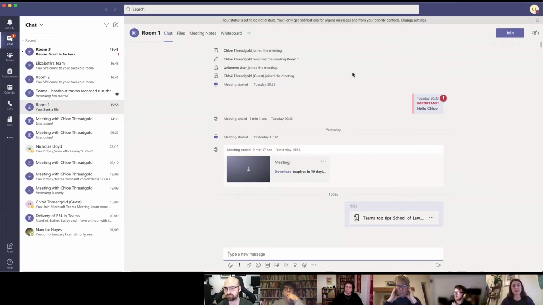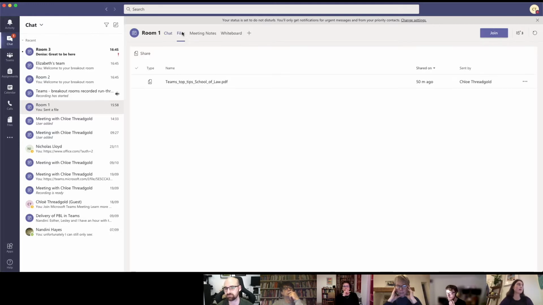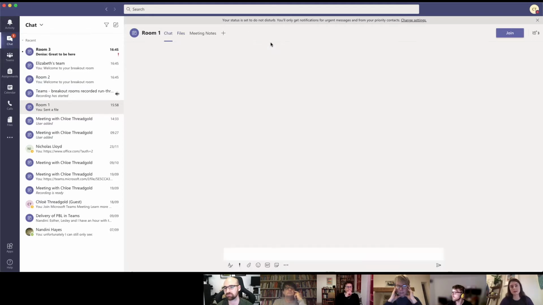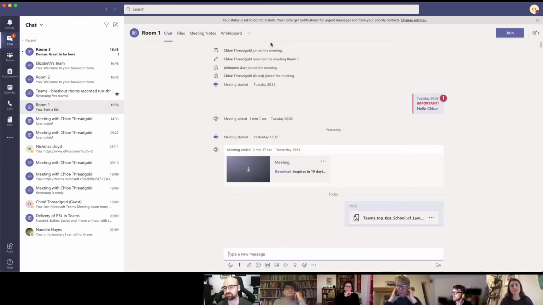So for every attendee, this, or the equivalent, will appear in their chat files. They'll be able to see the chat files, any meeting notes, and also the whiteboard if it was used to collaborate. Everybody in the breakout room will have presenter rights, so they can collaborate equally on the whiteboard. And as you can see here, this is what the announcements appear as, and they are saved in the chat. And if you do choose to record the breakout room by joining it and then clicking record in the same way as you would a normal meeting, on the menu at the top of the screen,